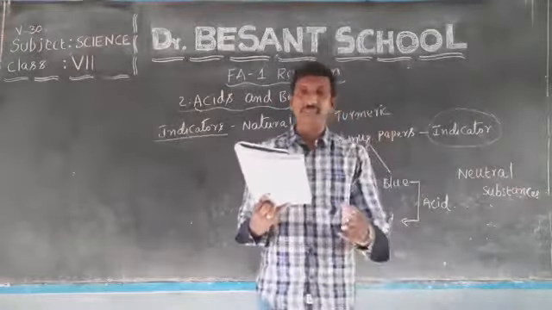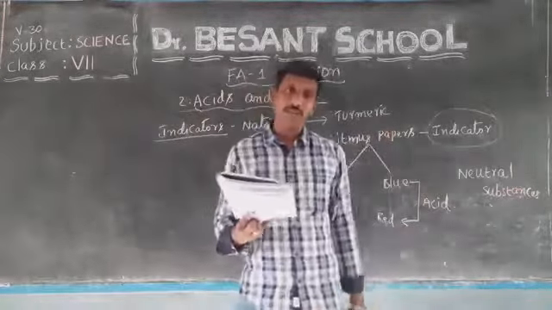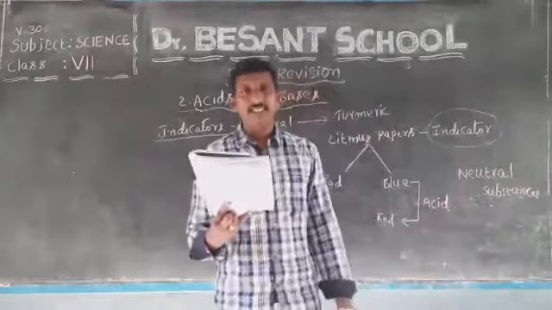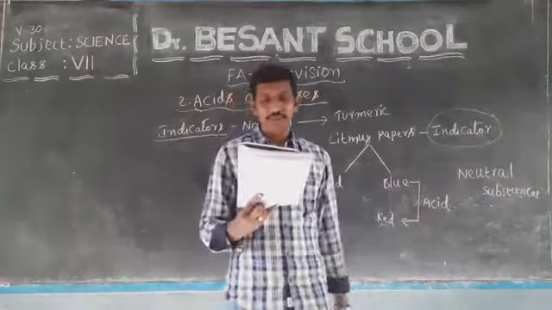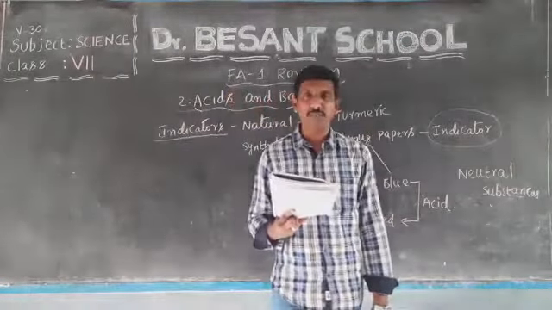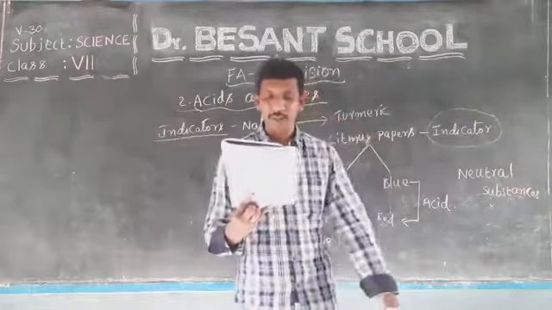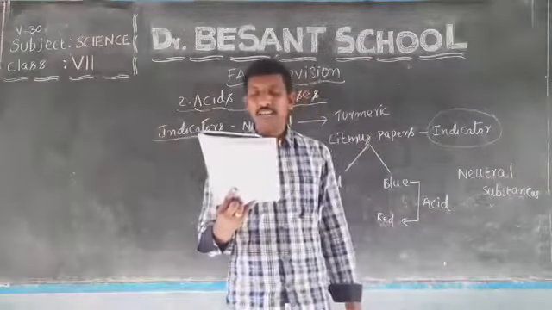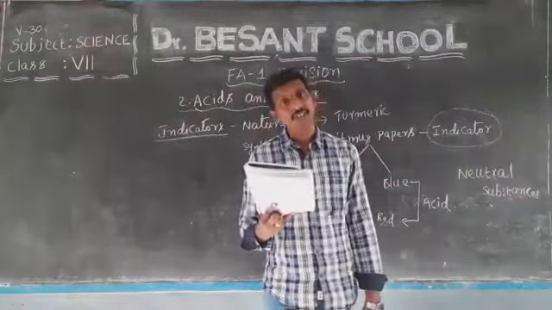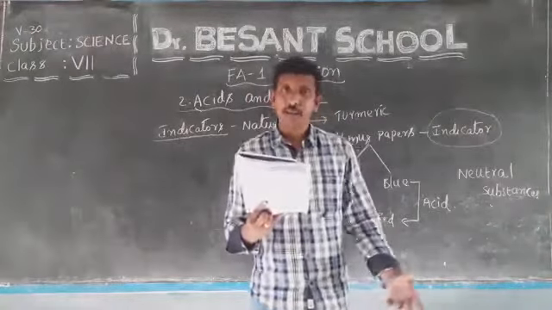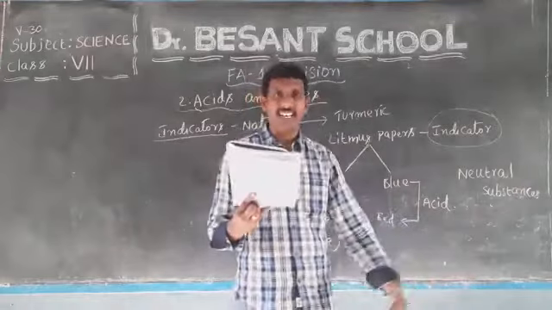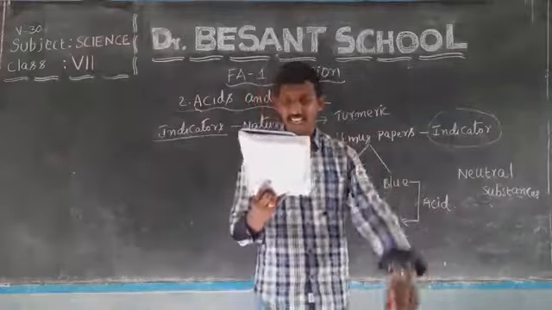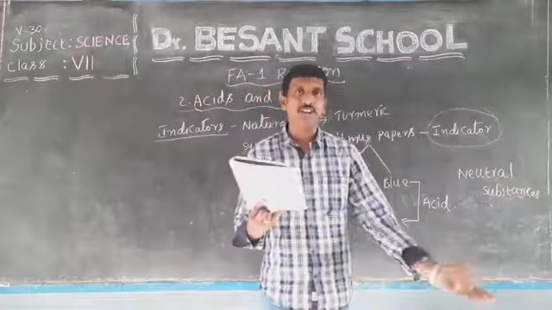Vinegar contains acetic acid. Lemon and oranges contain citric acid. Stale cheese, what type of acid is present in it? Butyric acid. Good. Next, buttermilk and curd have lactic acid. Spinach and tomato have oxalic acid. Apples, malic acid. Tea, tannic acid. Olive oil, oleic acid. Fats contain stearic acid. Grapes and tamarind, tartaric acid.